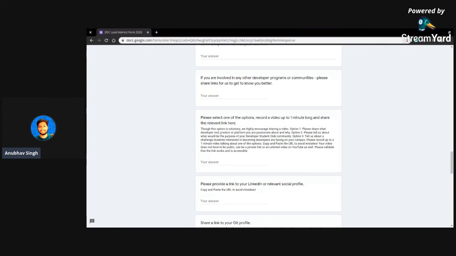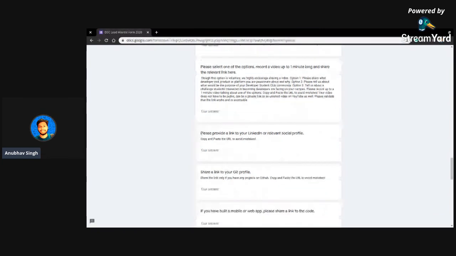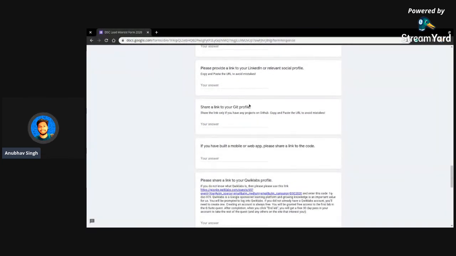That could also happen, so make sure you do that. And besides that, you will also have to share your profiles, and make sure you keep your LinkedIn and GitHub profile very updated, right? Make sure you have a proper bio, have a proper picture on them. In GitHub, you want to make sure that the featured repositories are very good,